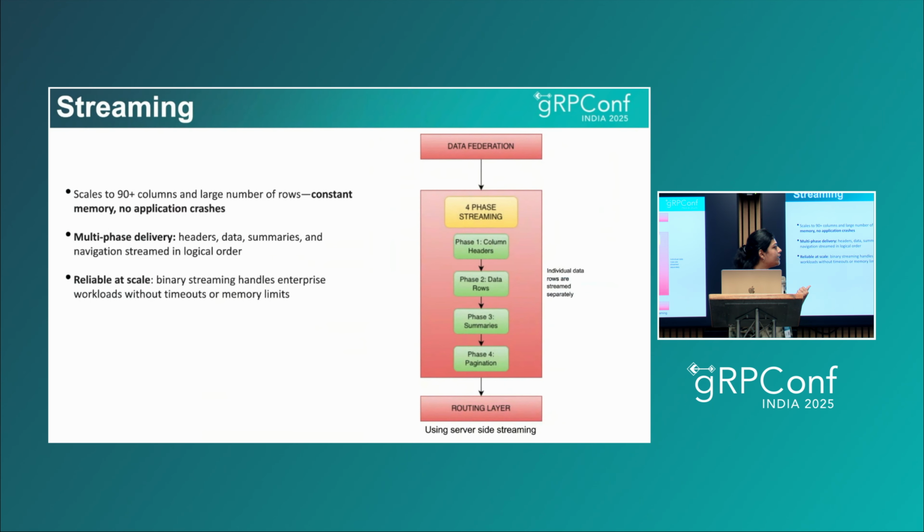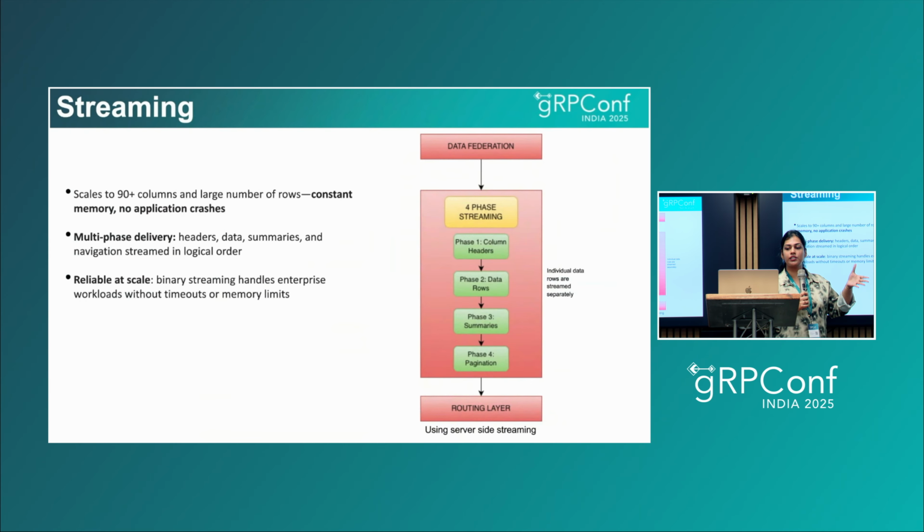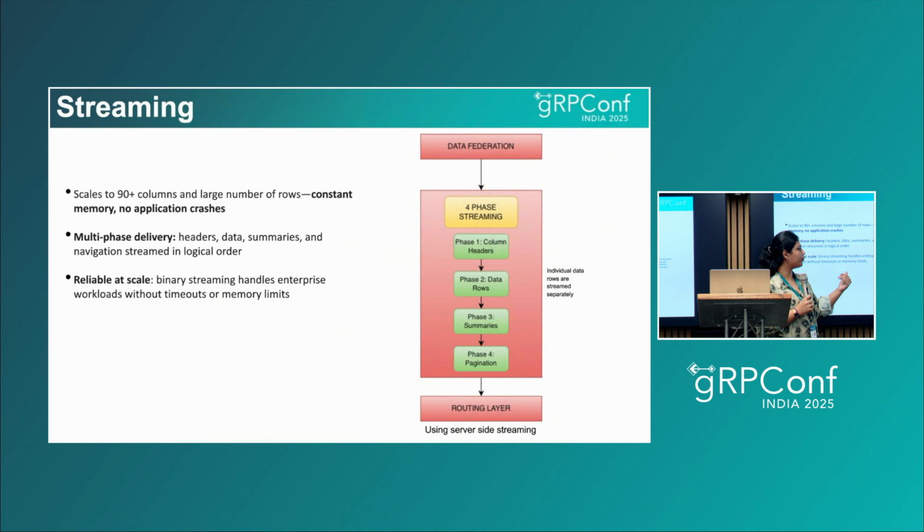We are also utilizing streaming in our framework. We are using server-side streaming here, since we are receiving one request from the client, but instead of sending one big blob of data, we are streaming it incrementally. First we send out the column headers, which are the actual selected metrics that were received in the request as well. This is a placeholder for what all other data has to follow. Then it has the data rows. This is the actual data, the metrics that we show on the UI.